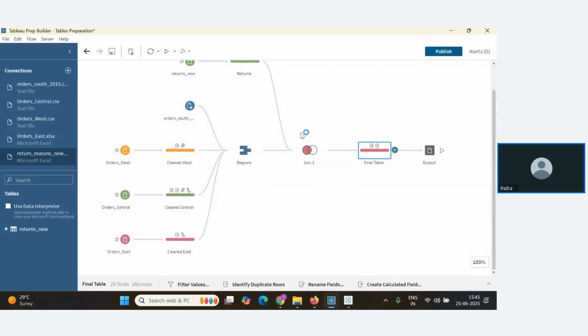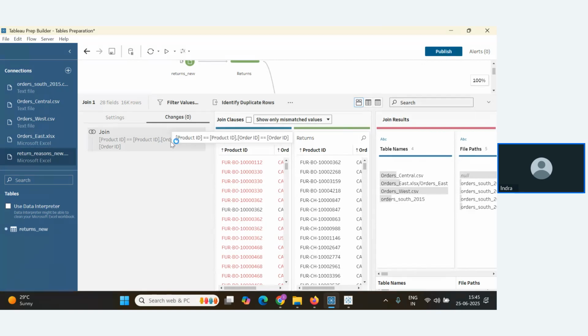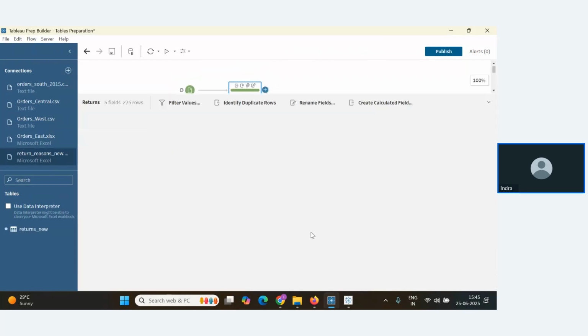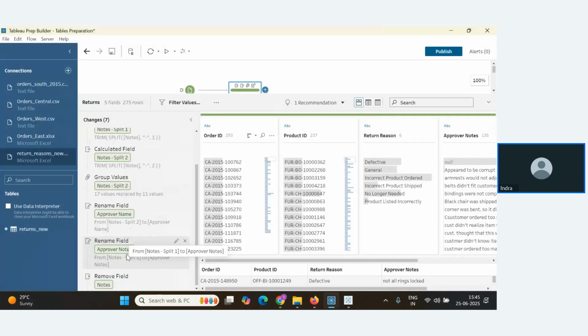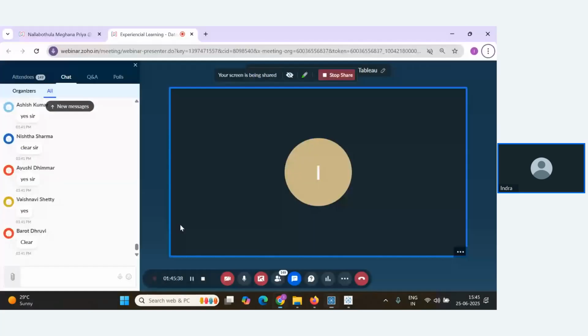Similarly, if you want to check the number of steps you have done in union operation, expand this, you'll find the changes. We have not done any changes here. Okay, this is only basic change we have done. Apart from this, if you go to the specific cleaning step and see the changes, these are all the changes done. Like this, you can explore for other regions also.